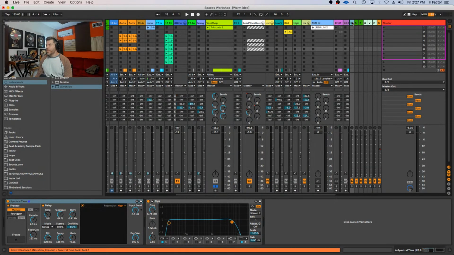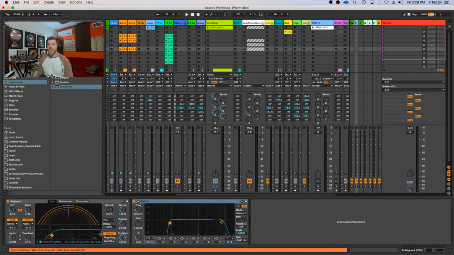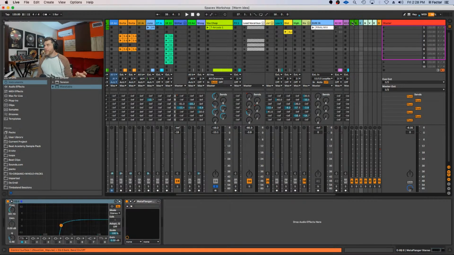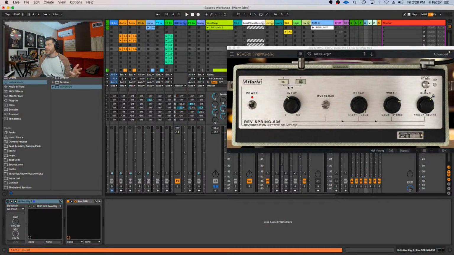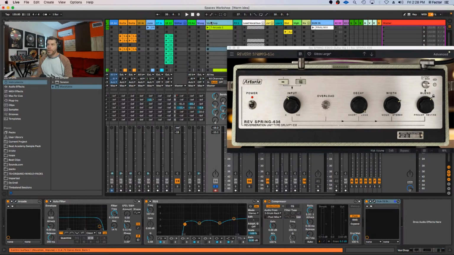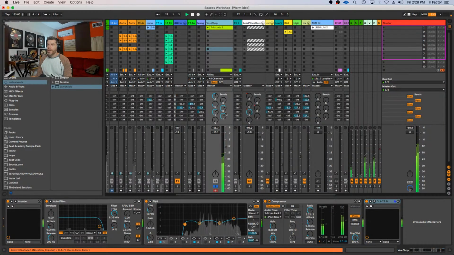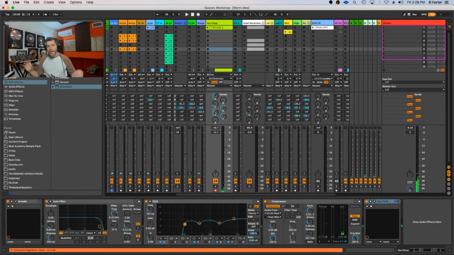Spectral delay on return A. B has a slapback delay for the drums. The flanger for the drums. Here I have a spring reverb from Arturia, and I'm running a lot of reverb things. I like combining reverbs as well because they help create dimension. So I hope that makes sense.